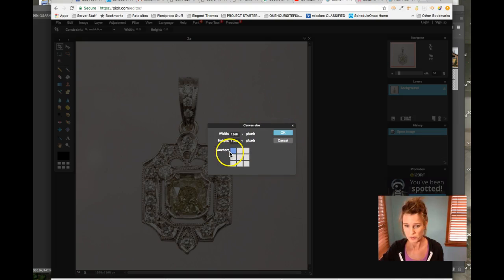The anchor is where it's going to start the reduction from. If I just want to take away space around the main object in the middle, I click that middle dot. And let's take this down to